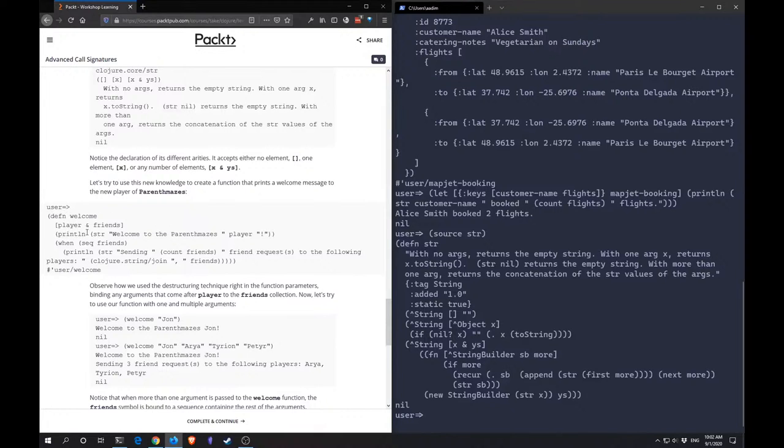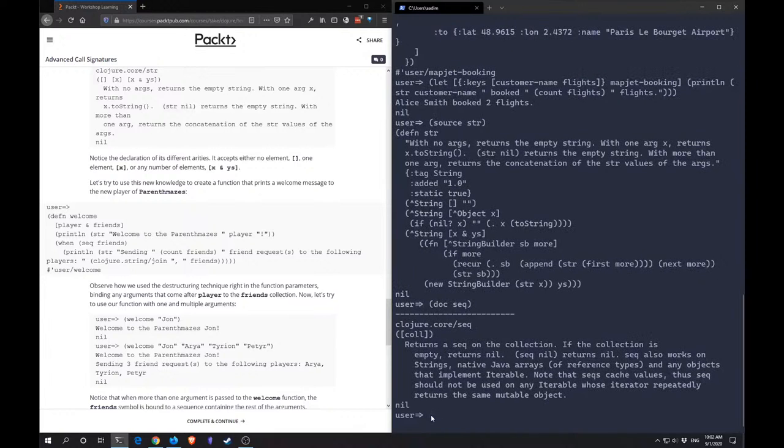Define welcome player and friends. In line string welcome to the parentheses, first we say player, and then when sequence friends. For example, what was doing? Sec returns the sequence on the collection. If the collection is empty, returns nil. So while friends isn't empty,